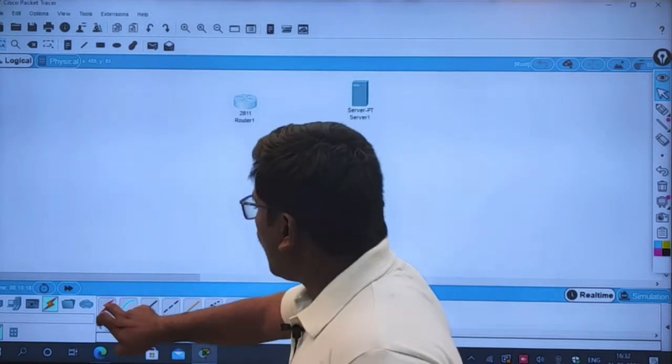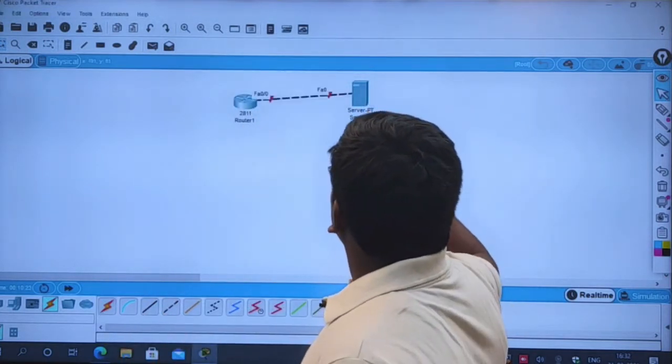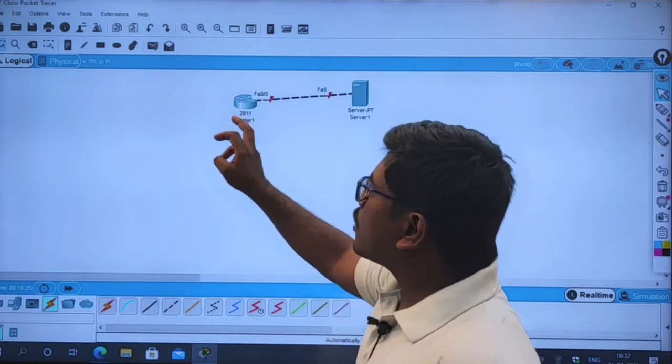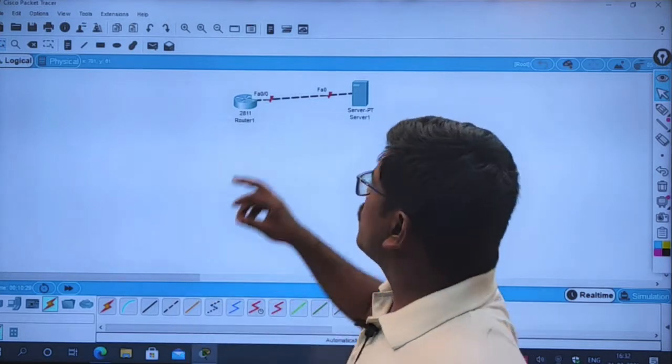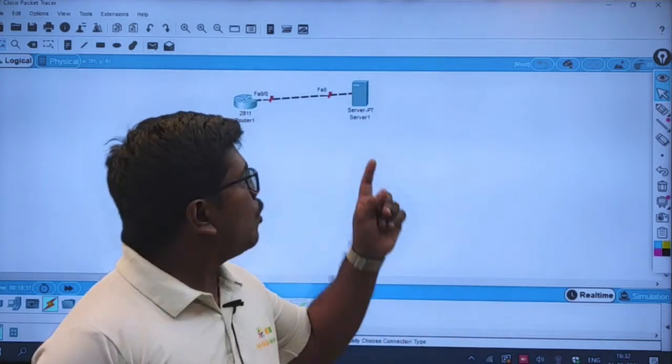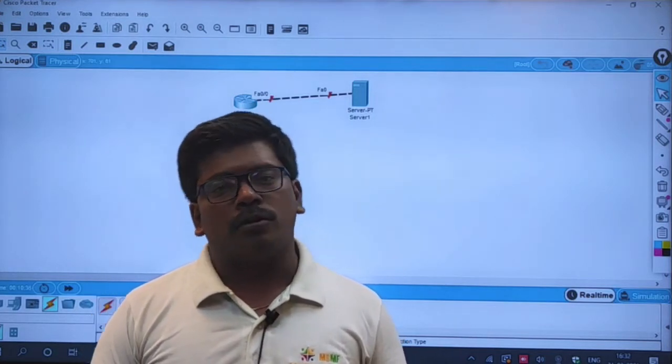I'm going to connect my FastEthernet 0/0 to the FastEthernet 0 of my server. So let's start our configuration from the router.